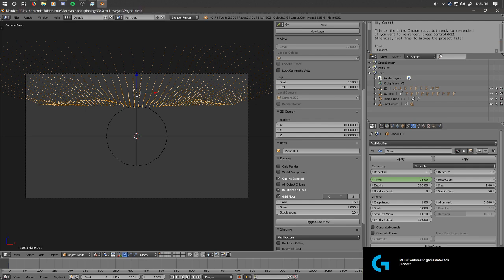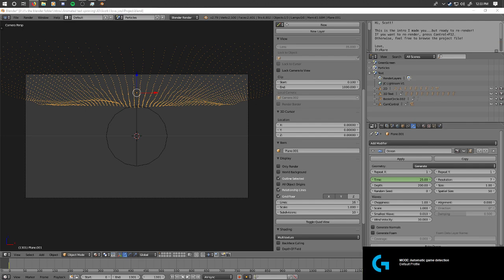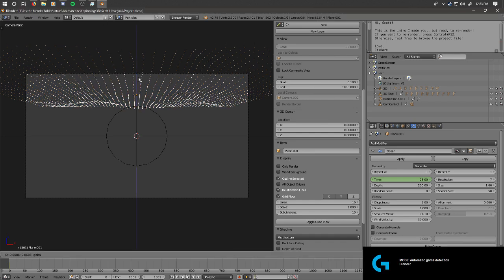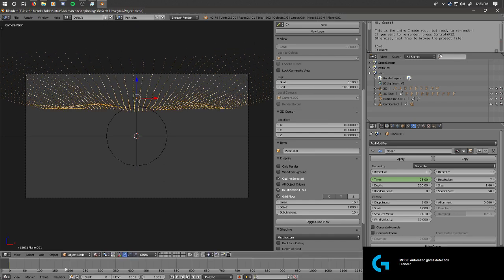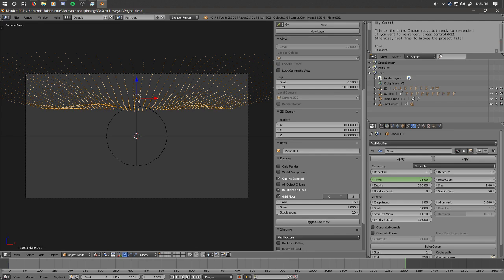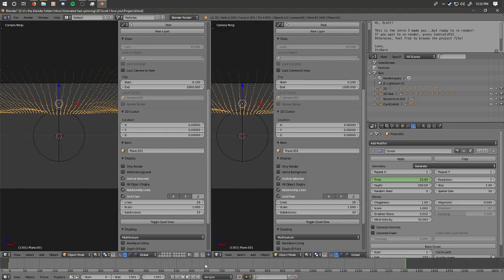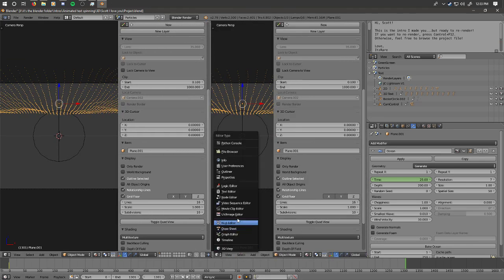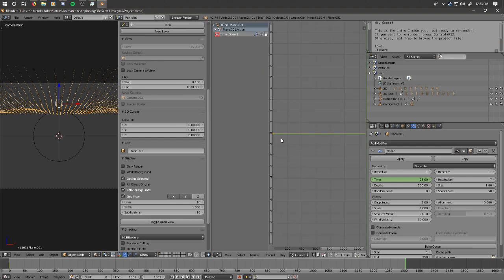So, hey, welcome back. I decided to abandon Vegas for now, and I'm going to just work on text editor. No, graph editor. Now, I want the time here.